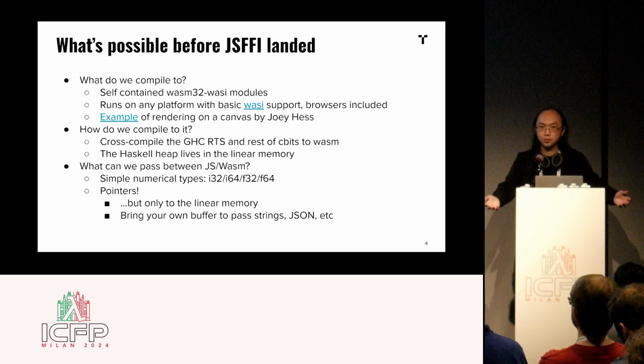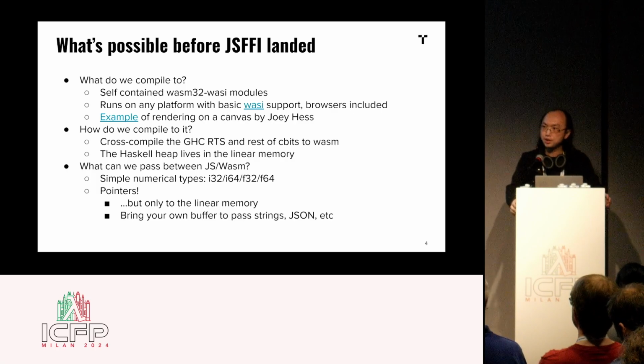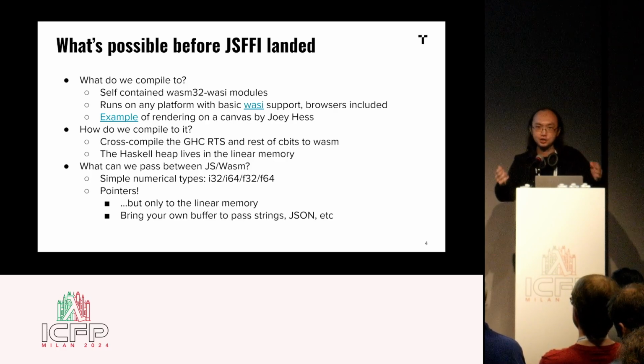So what does that mean when we want to target the web browsers? The kind of data that we can exchange between the JavaScript world and the WebAssembly world is limited. We can pass the simple numerical types, the integers, the floating points between the two sides. We can also pass pointers, but we cannot pass any pointers to the JavaScript heap; we can only pass a simple integer, which is a pointer to the linear memory. So if you want to exchange data like UTF-8 strings or JSON or whatsoever, you have to allocate your own buffer by calling malloc inside the linear memory, and you must not forget to free